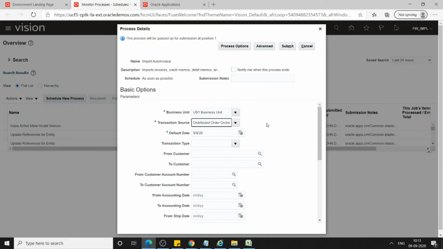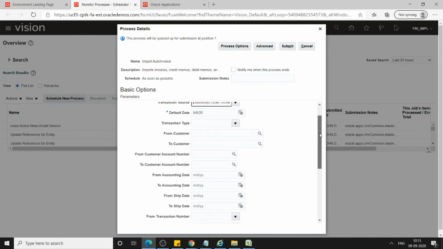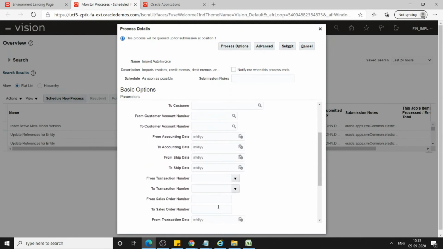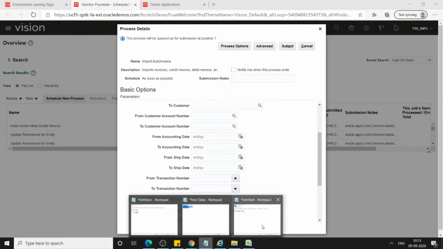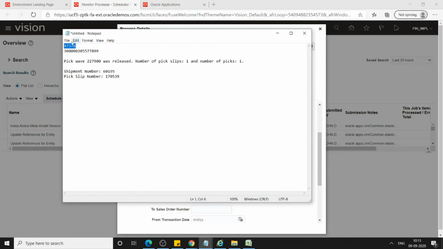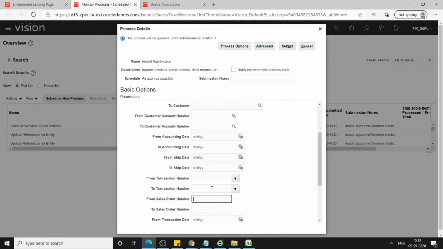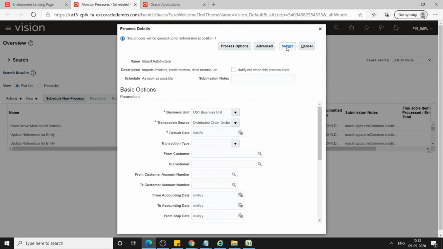So I have selected transaction source as distributed order orchestration, whereas in Oracle EBS you will select it as order entry. From here you can enter the sales order number. My sales order number is 97376. Enter the sales order number, then click on submit.